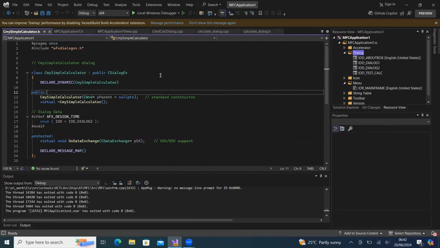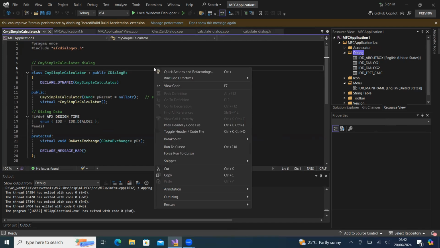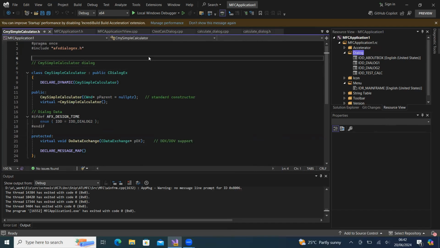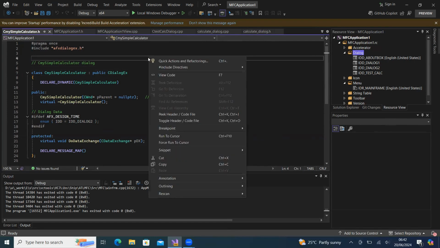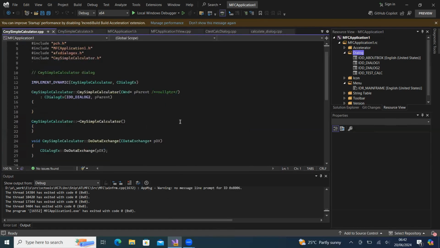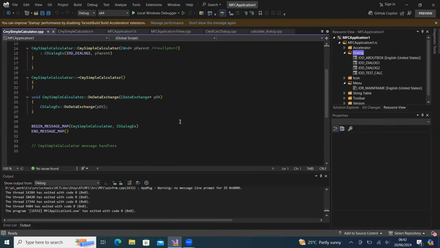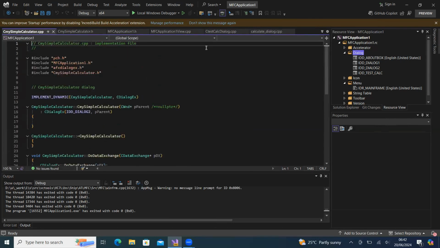The computer creates two files here: one is the .h file and the other is the CPP file. The .h file is where we are going to declare all the variables and functions, and the .cpp file is where we are going to define the same. Now I'm going to toggle to the CPP file. Here is our CPP file. Now let me go back to our